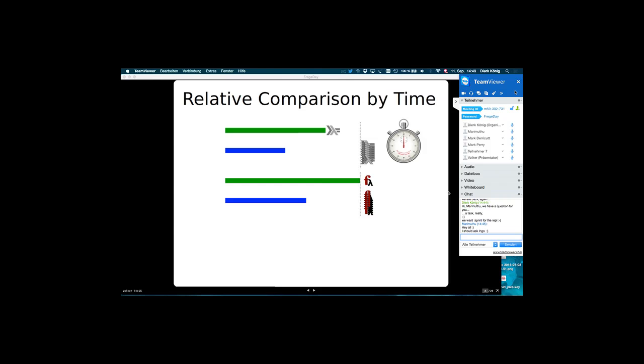Okay, now the relative comparison. We have the sequential Haskell, the GHC, and the sequential Frege, and the parallel Frege and the parallel Haskell. And we see the speedups, if you compare how often this blue line fits into the green line. So you see Frege in this case, as an example, is faster than the GHC, but the speedup of GHC is much better in this example. So that's the relative comparison I also did with the speedup.